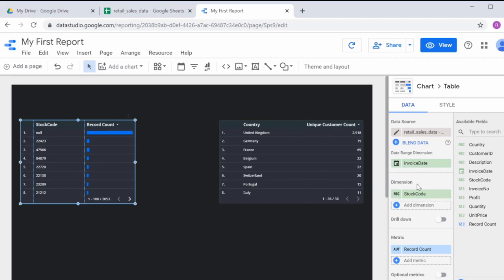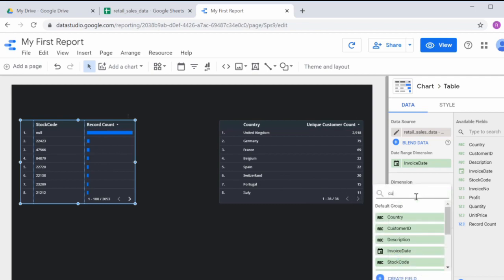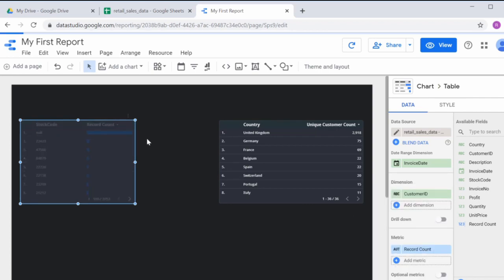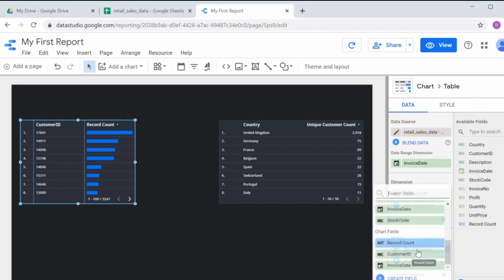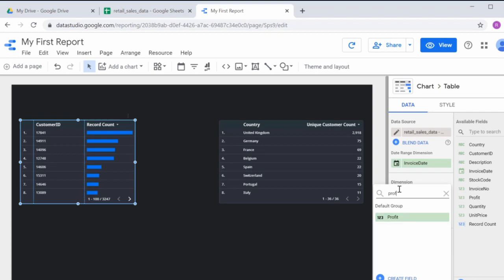Okay, so let's quickly see how we can get the profitability per customer, how many purchases they've made, the average purchase size, and represent it in a nice visual table here. To do this, let's firstly change the main dimension we're looking at from stock code to customer ID. So let's change that here, and immediately you'll get a customer ID, which should look a bit familiar, and the record counts here. What we're going to do now is change this record count to profit. So let's add profit right here,